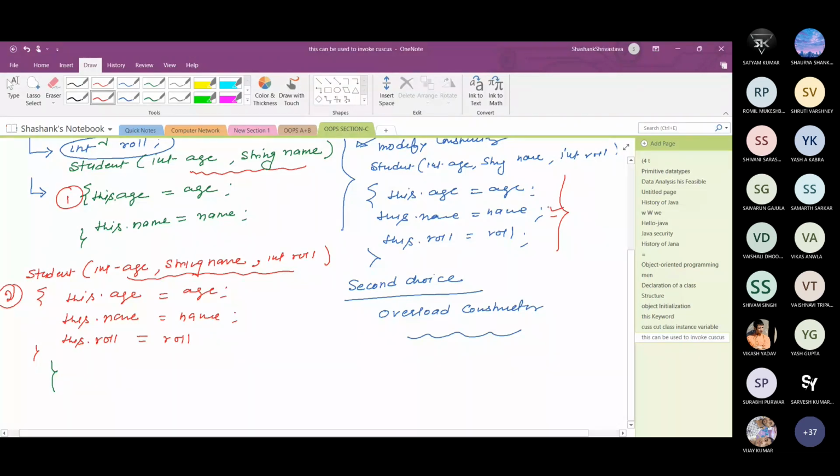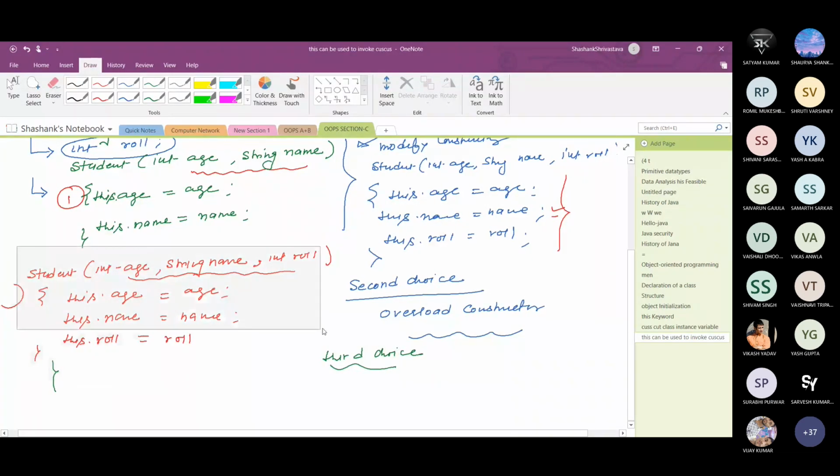So the programmer has one more choice, that is the third choice: without adding one more parameter as an argument in the constructor, what can the programmer do? First, the programmer removes this second constructor, just remove this second constructor. I just erase this.